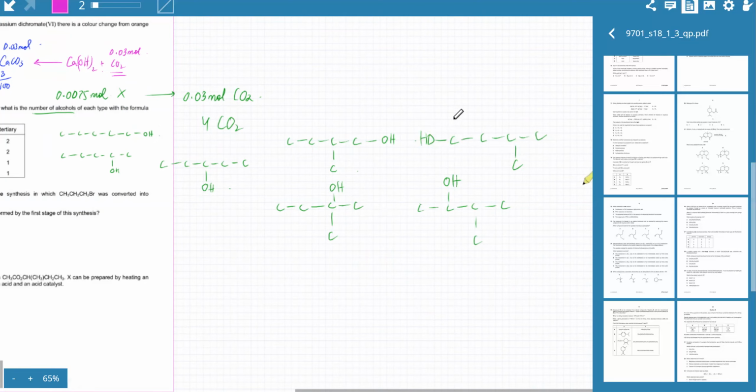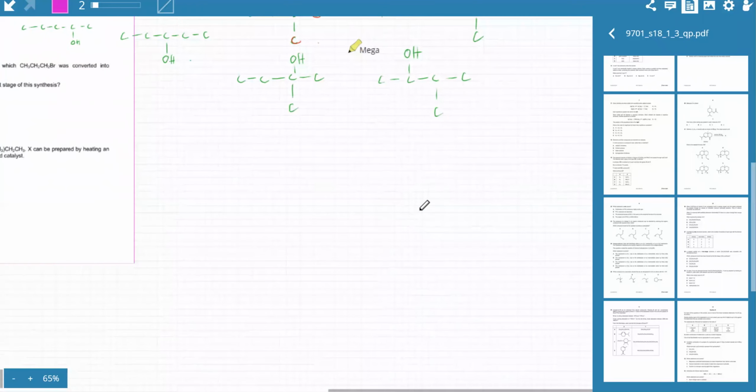Now remember, in this arrangement, all positions are different, except these two positions, OH over here and OH over here, they're exactly the same. But otherwise, on these four carbon atoms, all positions would be different. The arrangement is going to be different. So OH could be over here, could be over here, could be over here, or could be over here. They're all four different possible arrangements. So what else apart from this? Let's make another